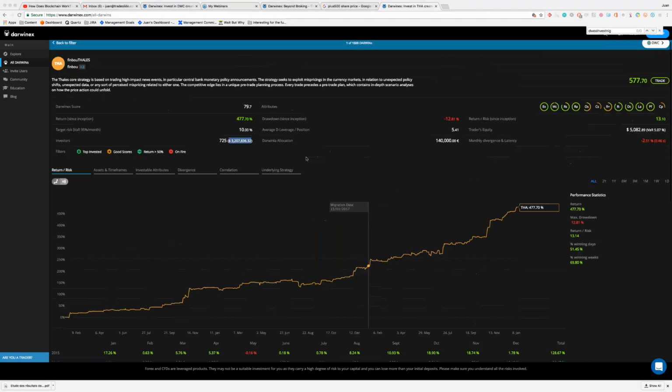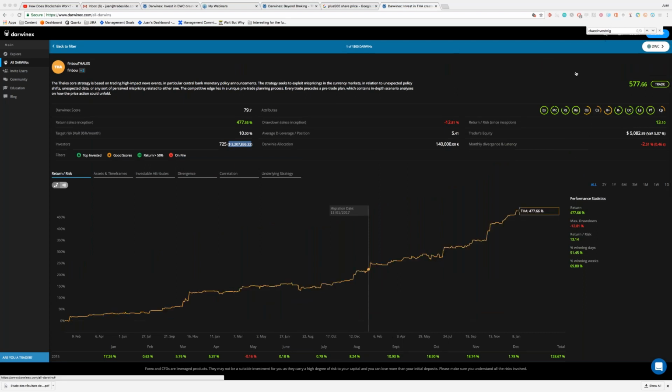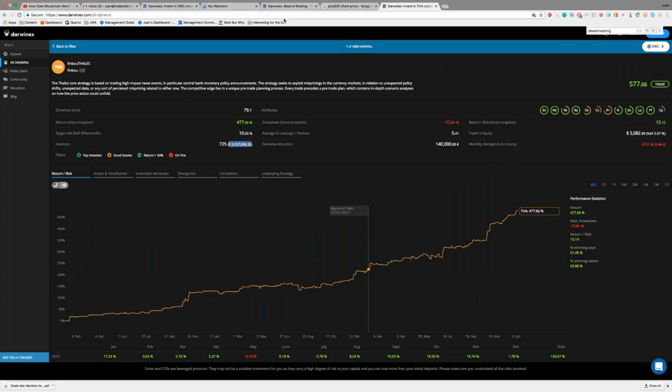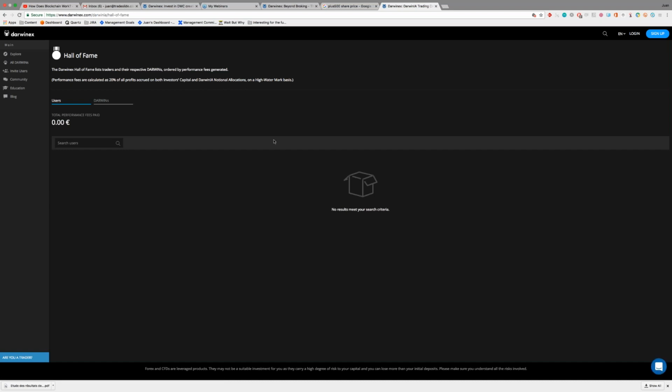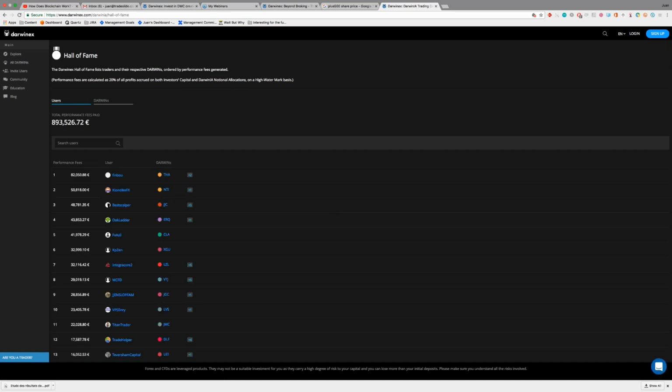If you want to see what we've paid in terms of success fees via Darwinia, you can go into the Hall of Fame, where you'll see the cumulative amount paid out to customers since we first got this going. It's been about $1 million, approaching 1 million now in success fees, and you can see how much each of them got.